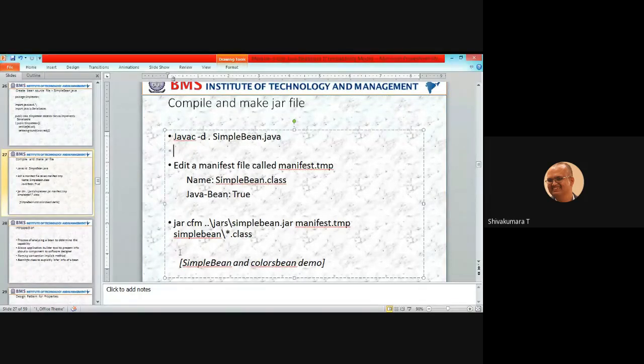After successful compilation, what is next? Edit a manifest file called manifest.tmp. You create a Notepad file called manifest.tmp. In that file you type the following: Name colon SimpleBean.class, and Java-Bean you set as true.